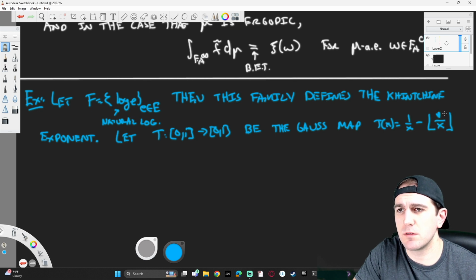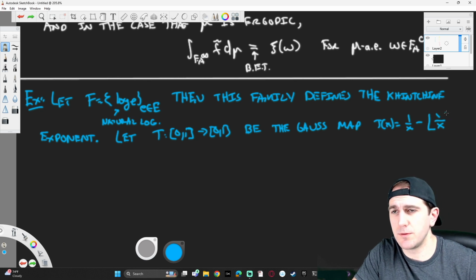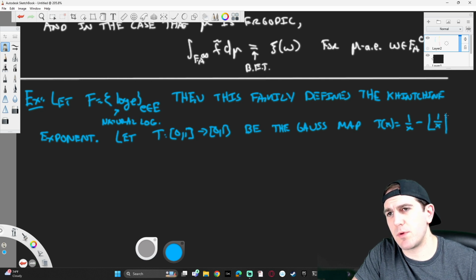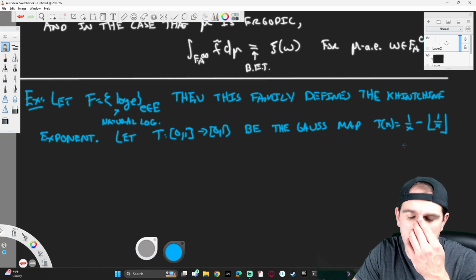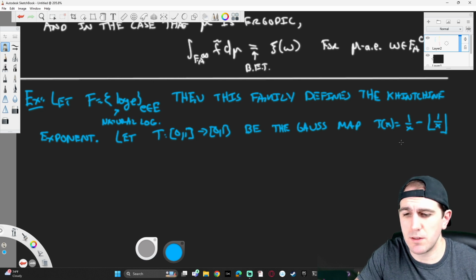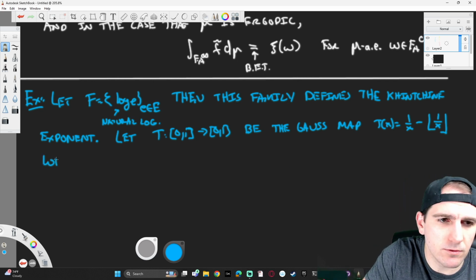So you're just looking at the reciprocal of a number, and you're killing off the whole part. This ends up being the map that generates your continued fractions. We have